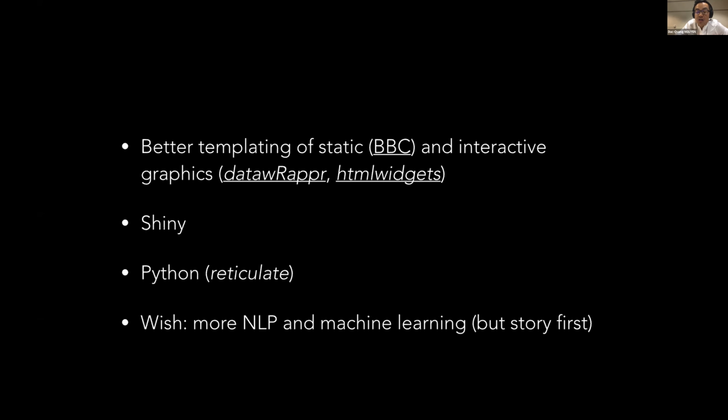As well, I would like to use more reticulate, the package to integrate Python. As I said, most of my colleagues actually use Python, and it would be nice because we use each other's code all the time. Most of my colleagues are in the Swiss German part in Zurich, so it'd be nice to have an easy way to collaborate on code as well. And obviously, I would be happy to do more technical stuff, but as I said, the focus is really on the stories, not so much on the tech. Yeah, and I think that's it.